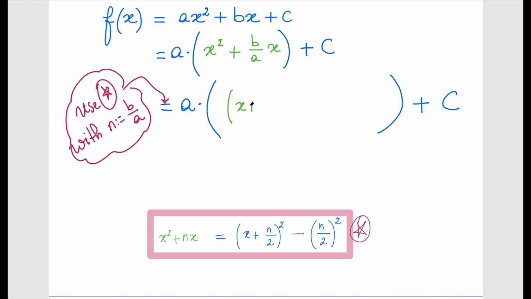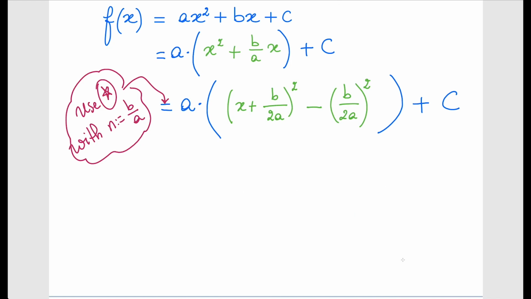So x plus n, which is b over a, over 2, so that's b over 2a, squared, minus n over 2, which is b over 2a, squared, right? Okay, so I used star. I don't need it anymore. I'm going to just erase it. Okay, and then this is equal to,